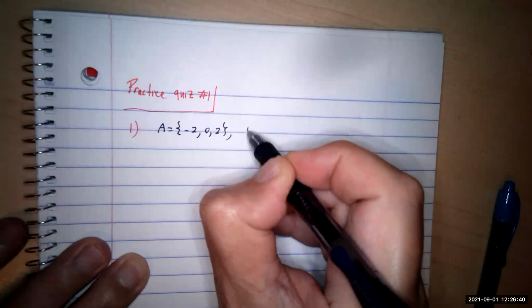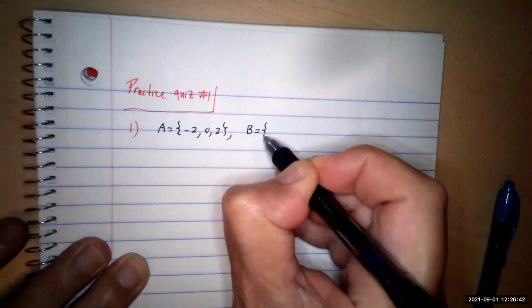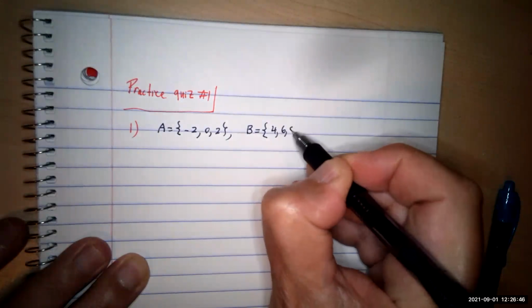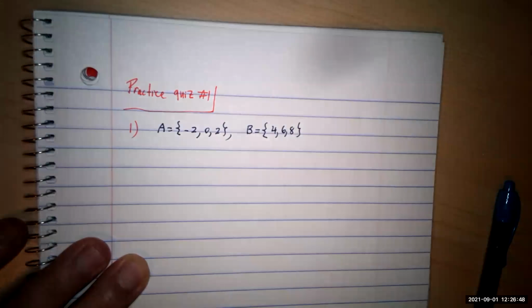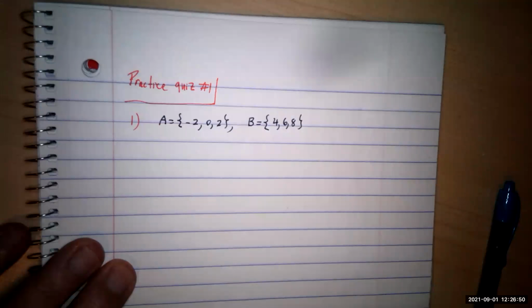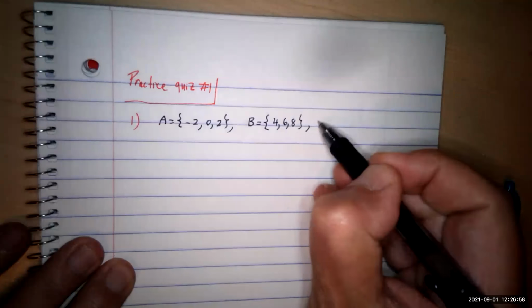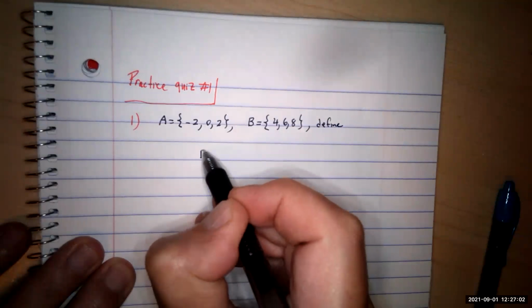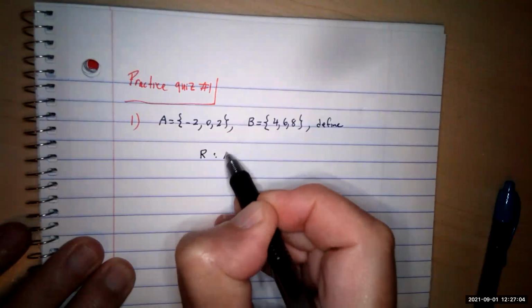And then you have the set B, which is 4, 6, and 8. Then we define a kind of function or relation, a relation R from A to B